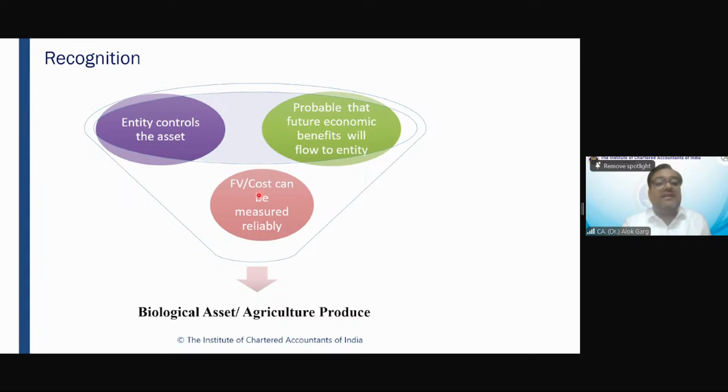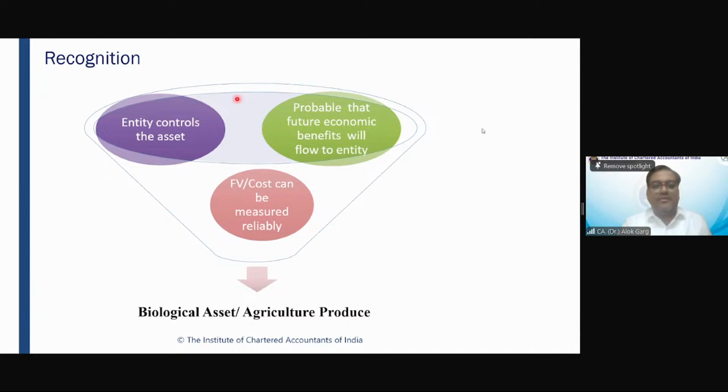But how will you arrive at the cost of that calf? How will you arrive at the cost of mangoes? How will you arrive at the cost of tomatoes? And you are harvesting those agriculture produce in bulk, in quantities. It has a value, but it does not have any cost. So friends, while all other asset related standards talk about cost, this standard talks about fair value, since cost cannot be measured reliably. You understand why this standard talks about market value? Yes or no? Yes, sir.